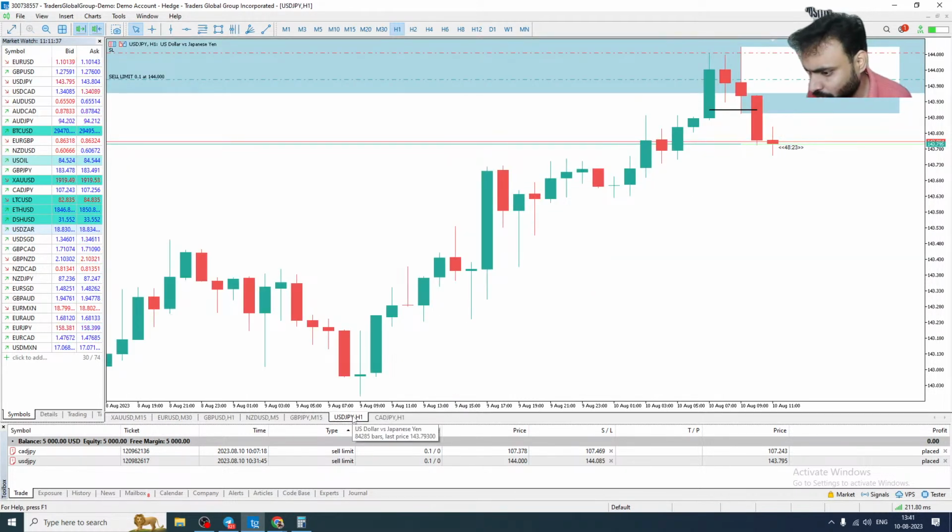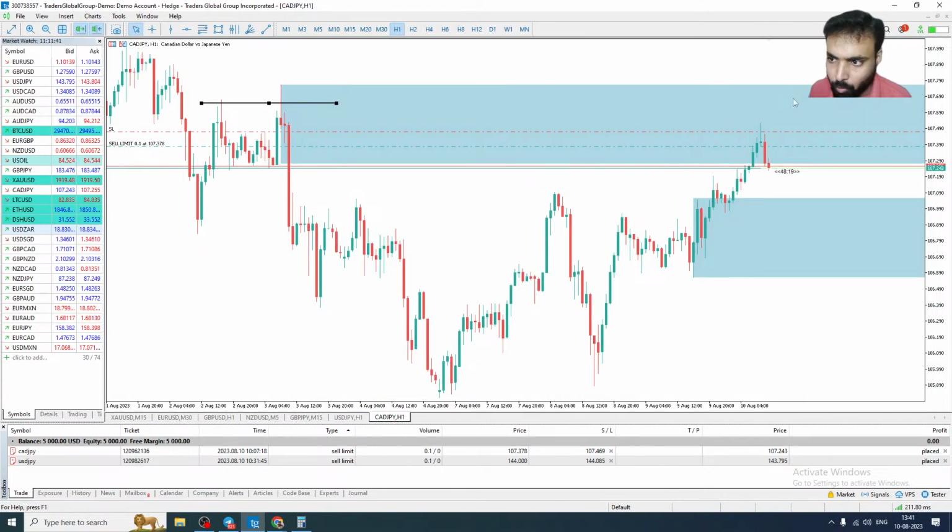Now, what I'm going to do here, guys, we will be keeping these two trades. I'm not going to close these two trades, whether it is giving profit or loss, that doesn't really matter. I'm going to keep this for the rest of the day, and whatever the results are, I'll share with you guys in our group, whether it's positive or negative. I'm not going to close these entries.